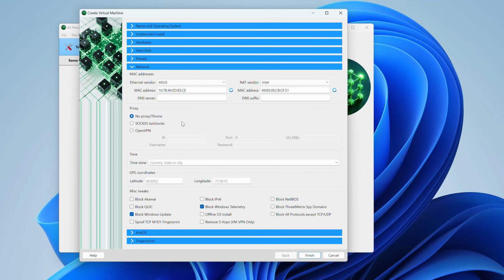Next, the Network tab. On the Network tab, we have a group called MAC address. In the MAC address group, we have an Ethernet vendor and a NAT vendor. The Ethernet vendor is the manufacturer of your computer's network card, and thus its MAC address. While the NAT vendor and MAC address are router manufacturers. Changing one MAC address is never enough, since the MAC address operating at the physical level always communicates with at least one more device, that is, with the router. Otherwise, why would it need this MAC address?